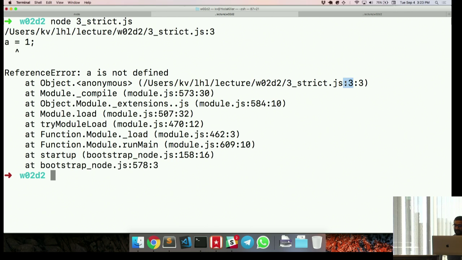Line 3 in my file, the error is a is not defined. You cannot assign to a. It doesn't talk about strict mode or anything. It just behaves how it wishes JavaScript ought to have behaved from the beginning. So it doesn't give you a hint about why this is happening all of a sudden in your code. It assumes you know that that's because of strict mode. This is, to me, the biggest value of 'use strict'.